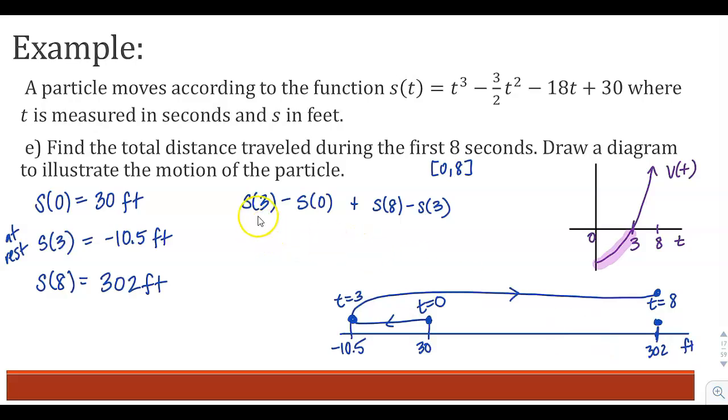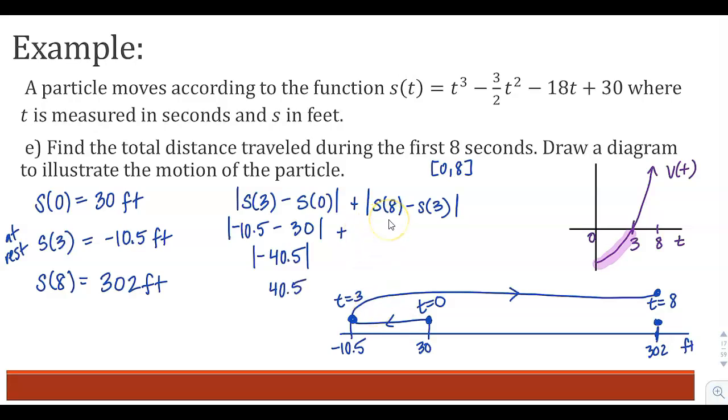If I compute S of 3 minus S of 0, I have negative 10.5 minus 30, which, as you notice, gives us a negative number: negative 40.5. So what we have to do is take the absolute value of these quantities, because I want a distance. That's got to be positive. So this distance here is positive 40.5,